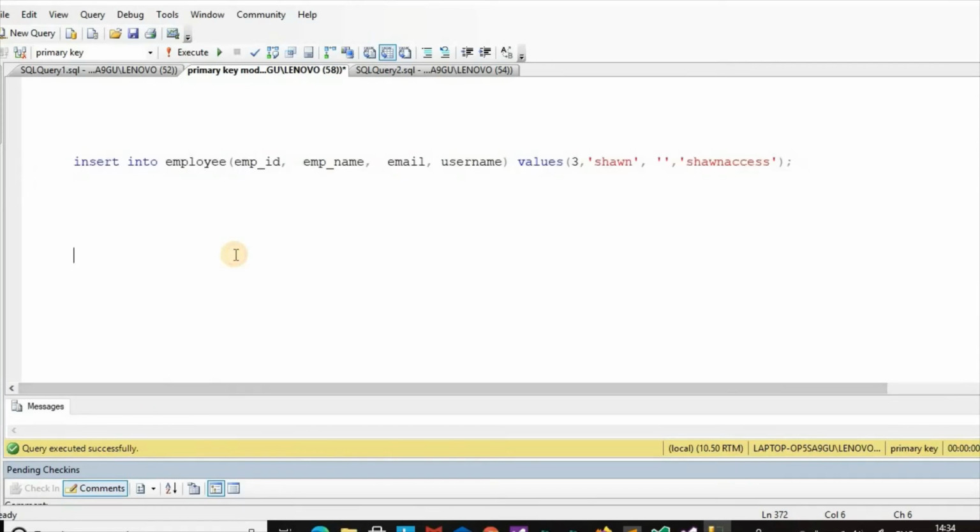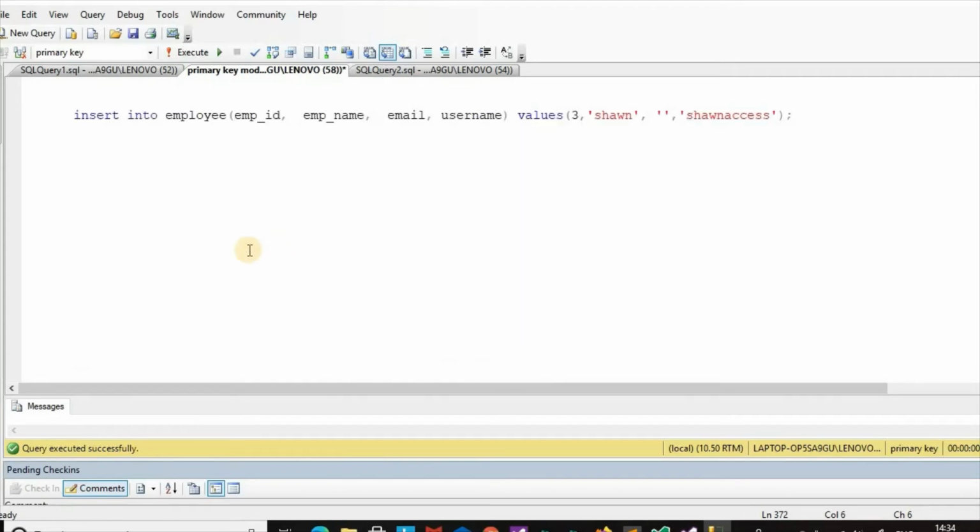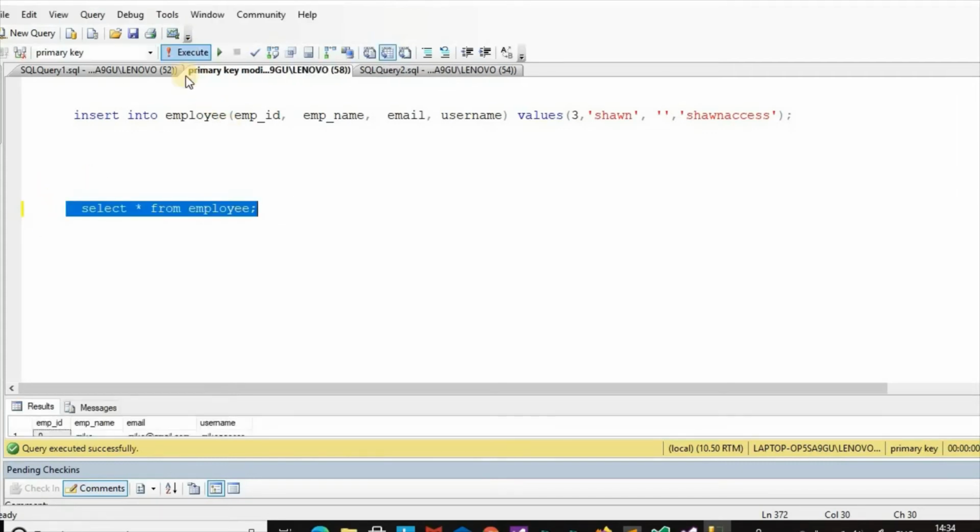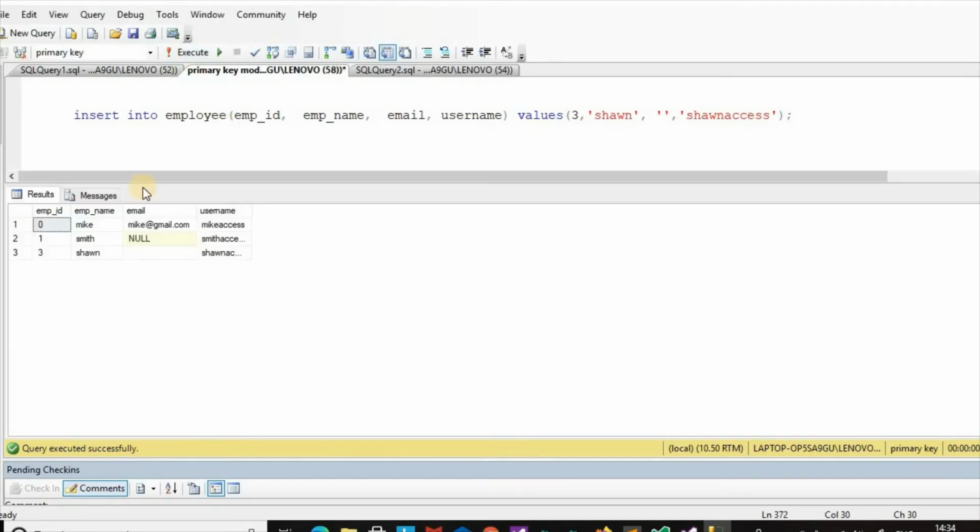In the case of a primary key, if there is a space, that space is converted into 0. Now select star from employee: this is the record with the space.